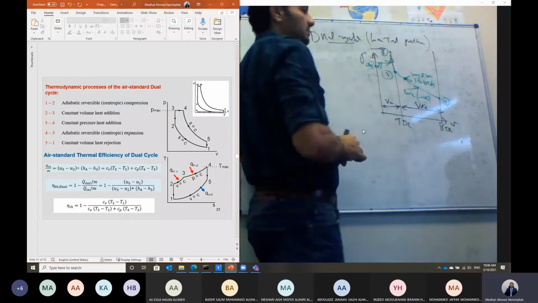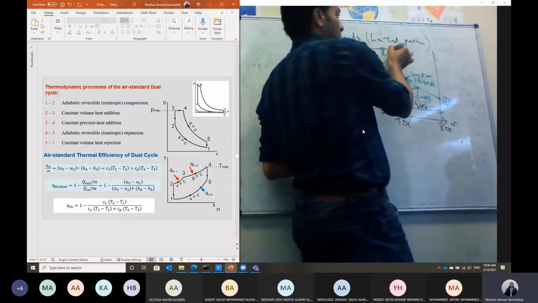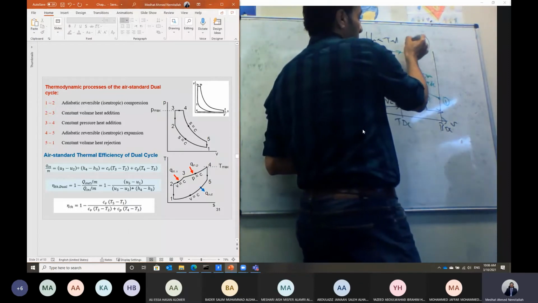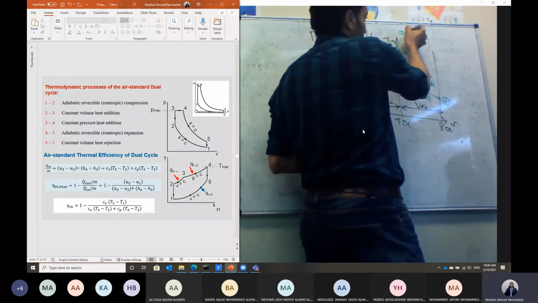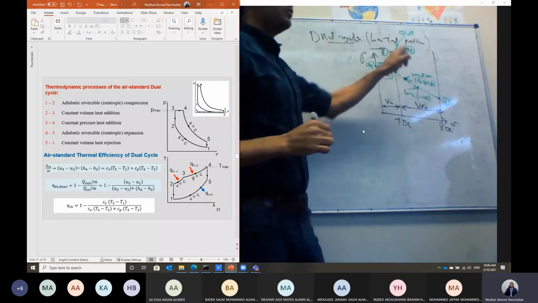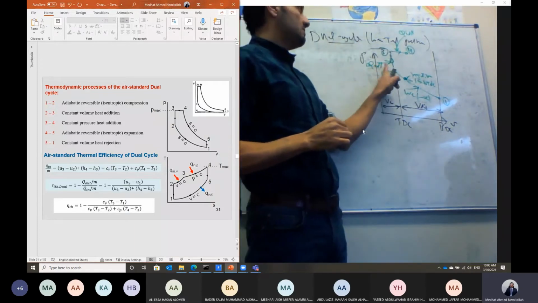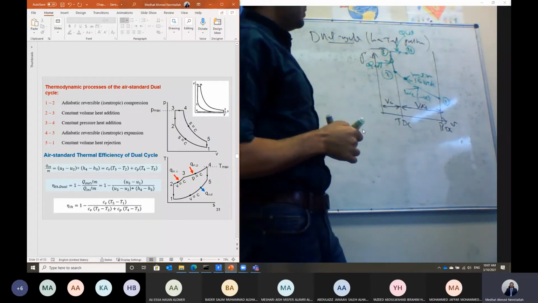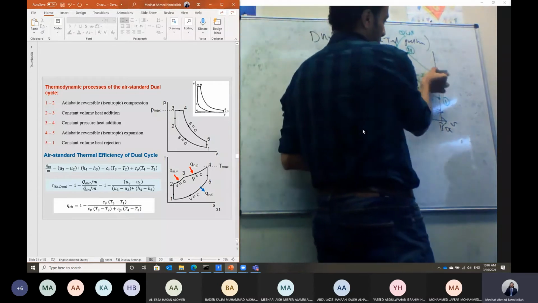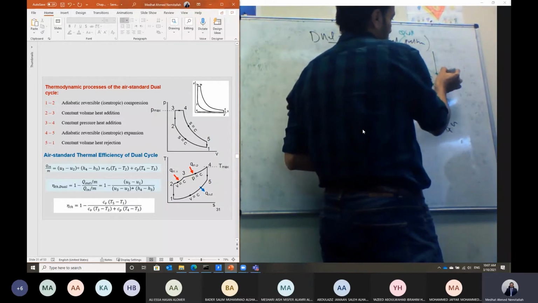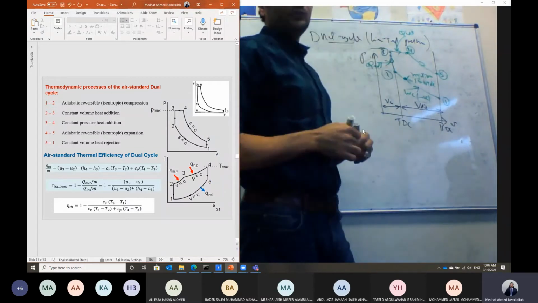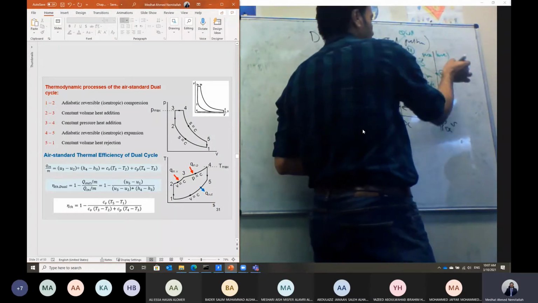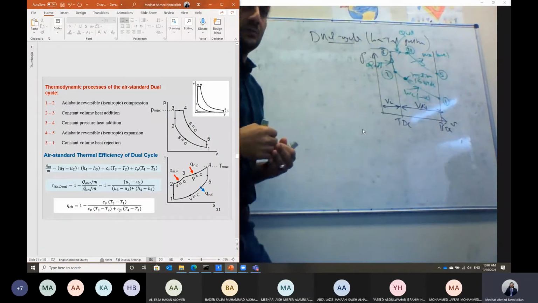So we have heat added here. And the remaining part of the combustion fuel will continue the combustion process from state 3 up to state 4. So here also we have another heat added under constant pressure. So part of the heat is added under constant volume, and the remaining part is added under constant pressure during the expansion stroke. Then we continue the process of expansion from point 4 up to point 5. We will have in this case the expansion work, which is a positive work generated by the piston due to